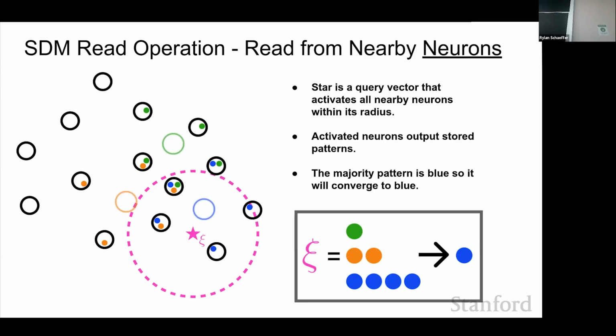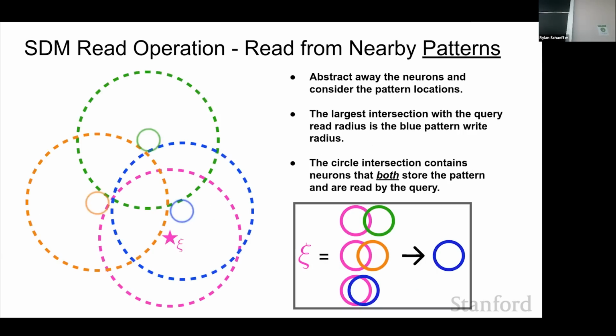And so the only thing that is actually constant is the neurons. The patterns are ephemeral. And then there's the pattern-based perspective, which is actually what attention is doing. Here, you're abstracting away the neurons, or assuming they're operating under the hood, but what you're actually computing is the distance between the true location of your pattern and the query. And there are pros and cons to both of these.